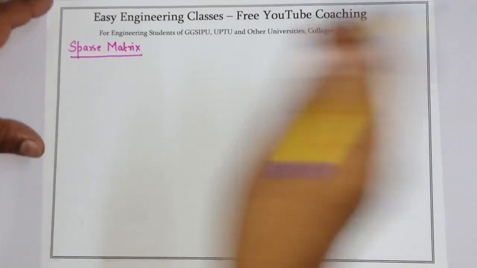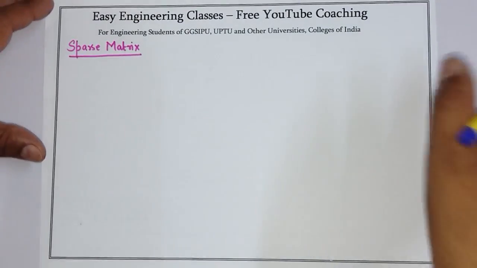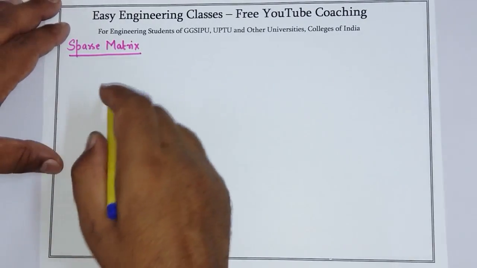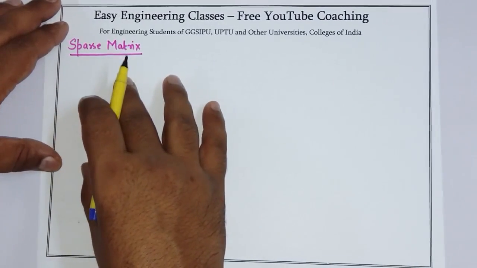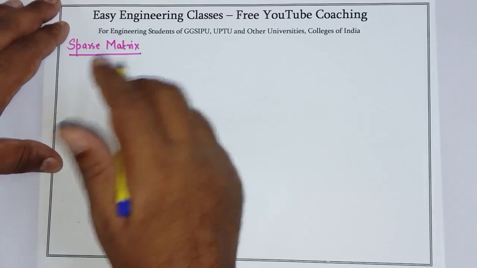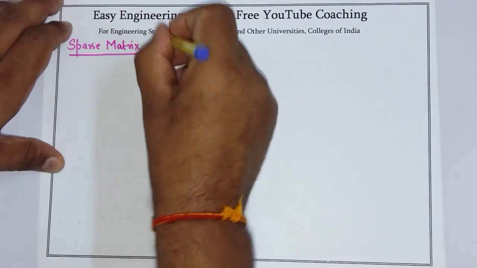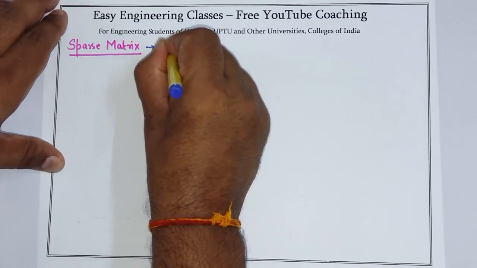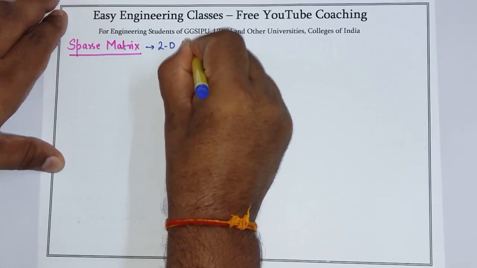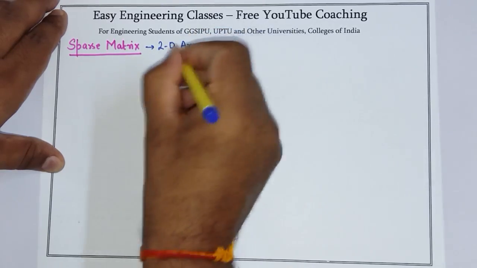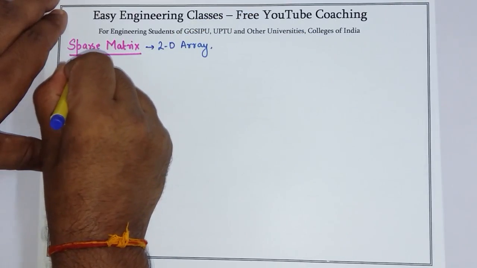Hello students, today I will discuss the concept of sparse matrix. And in this lecture we will see how we can represent sparse matrix using 3-column representation also. So the sparse matrix is a two-dimensional array. It is a two-dimensional array that has